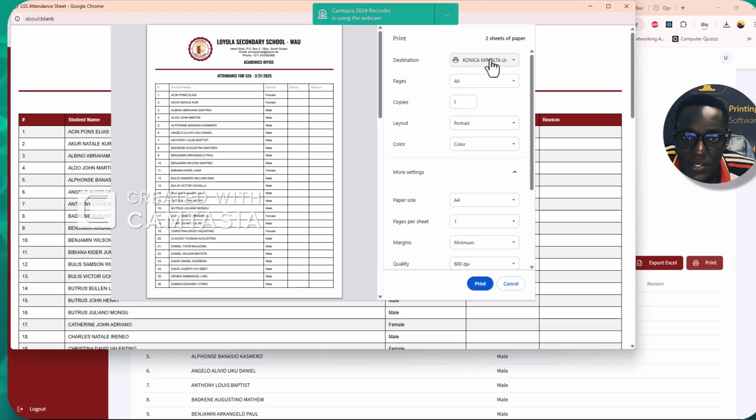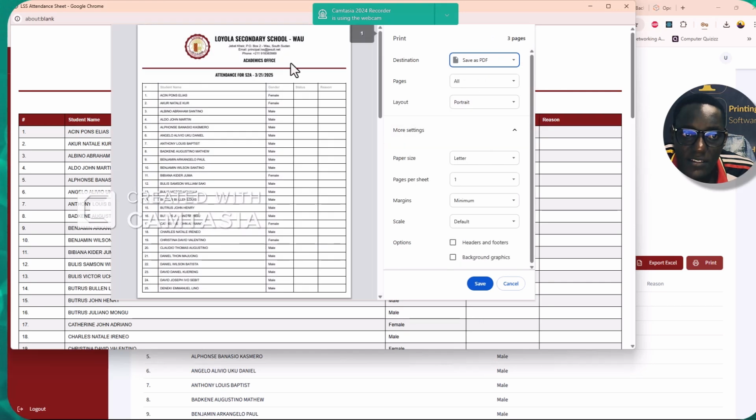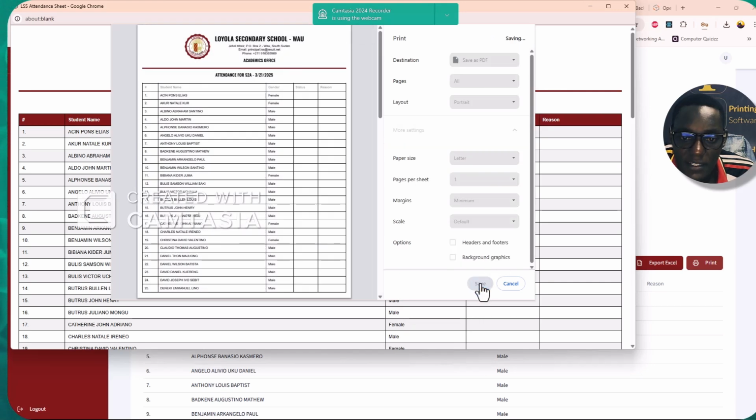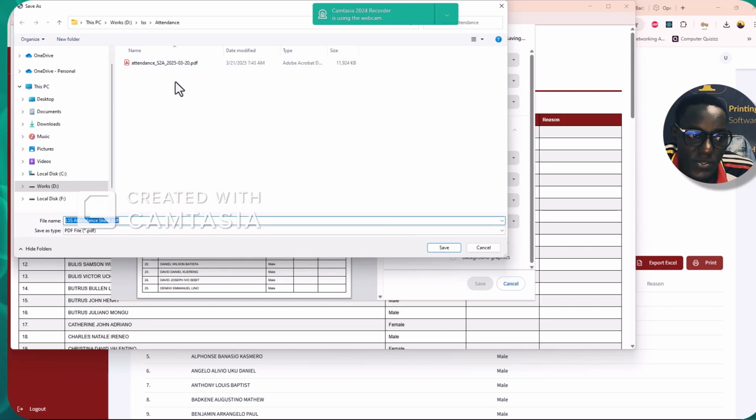So I have a printer connected to my computer, so I can choose print, and then I print from that computer. You can also choose to save as PDF. So when I choose save as PDF, I can save this work as PDF. I click save, and then I choose where I want to save. The problem here, it doesn't save with the class name and the date, but you can give it a name,